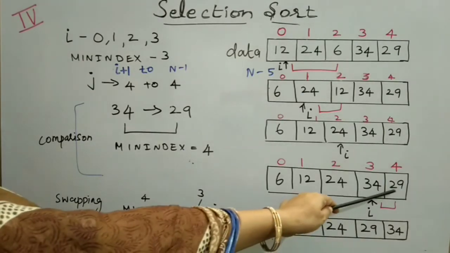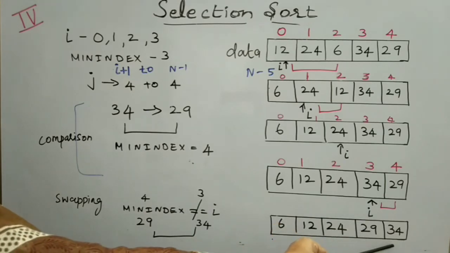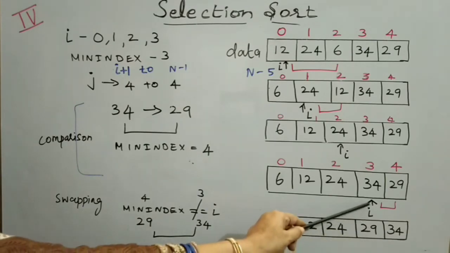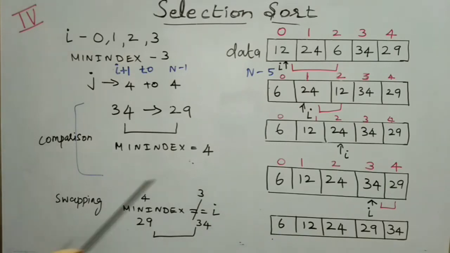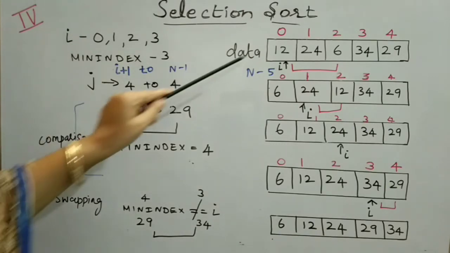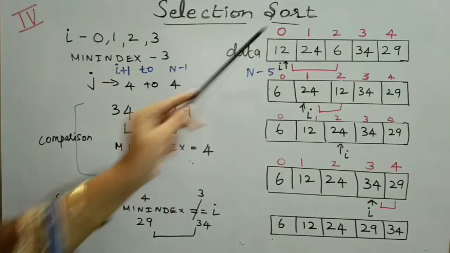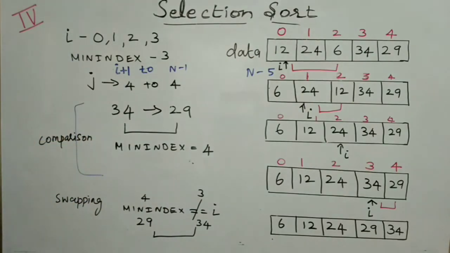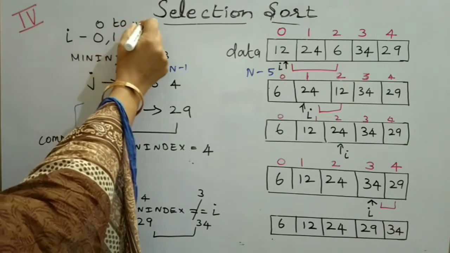After swapping out the elements 29 and 34, the array is redrawn again. For the next iteration, there is no need to advance i to point to the next element, since subsequently we don't have any element for the comparison. So i stops when the value becomes n minus 2. The value of i ranges from the index position of the first element to the last but one element. The index position of the last but one element is n minus 2. So the value of i ranges from 0 to n minus 2.